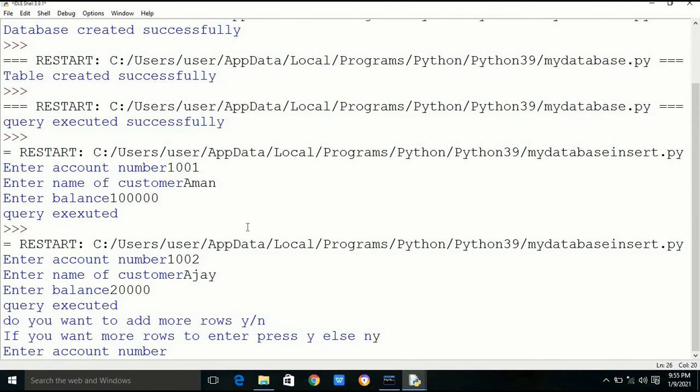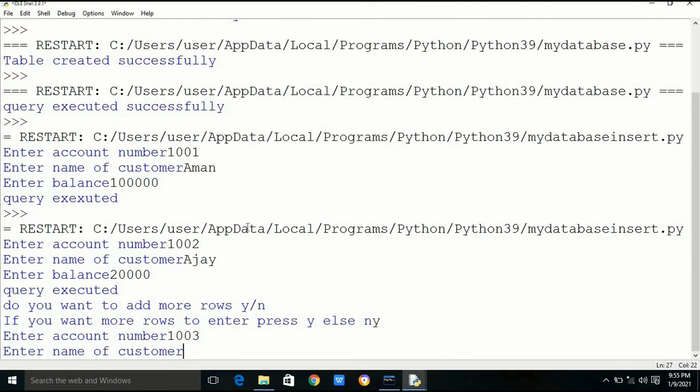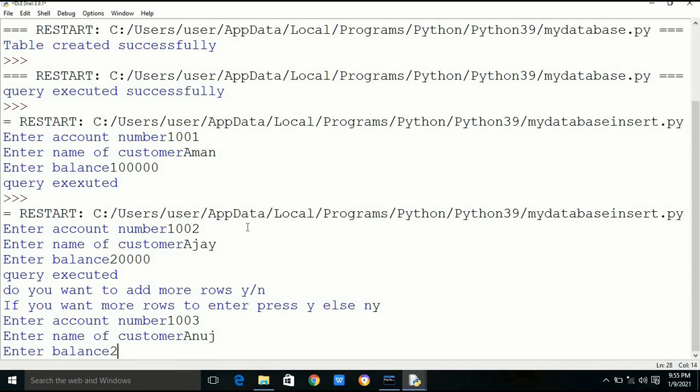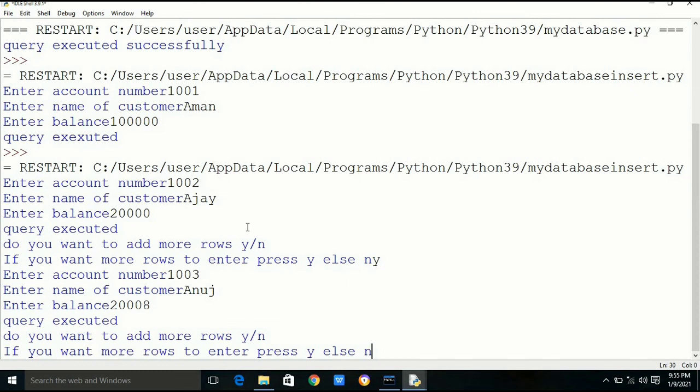Here we are pressing yes. Then we are inserting 1003 Anuj and also balance of Anuj. If we want to add more records, then we have to press Y. Here I am pressing N because I want to exit.